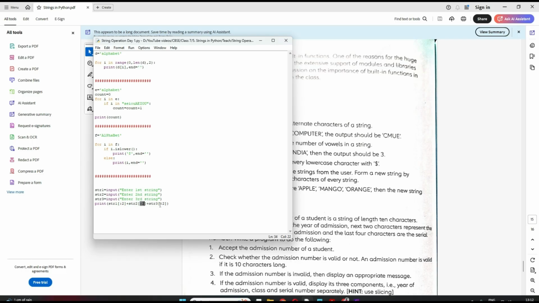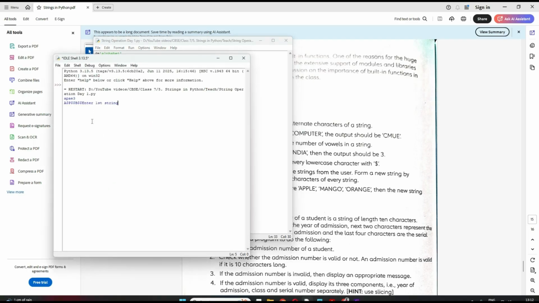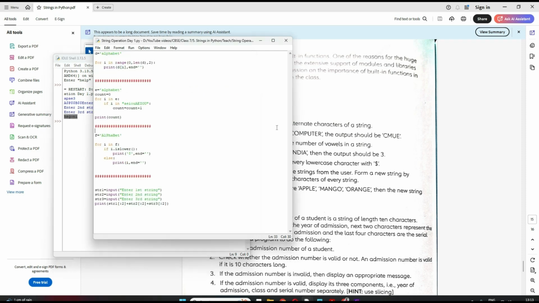Here again 2 characters, and then I'm joining all of this using a plus sign. If I save it and run it and see, enter the first string. So suppose I enter hello, second good, nice. So you see the first two characters of each have been taken and printed. Clear? Simple program, not much tough, right?